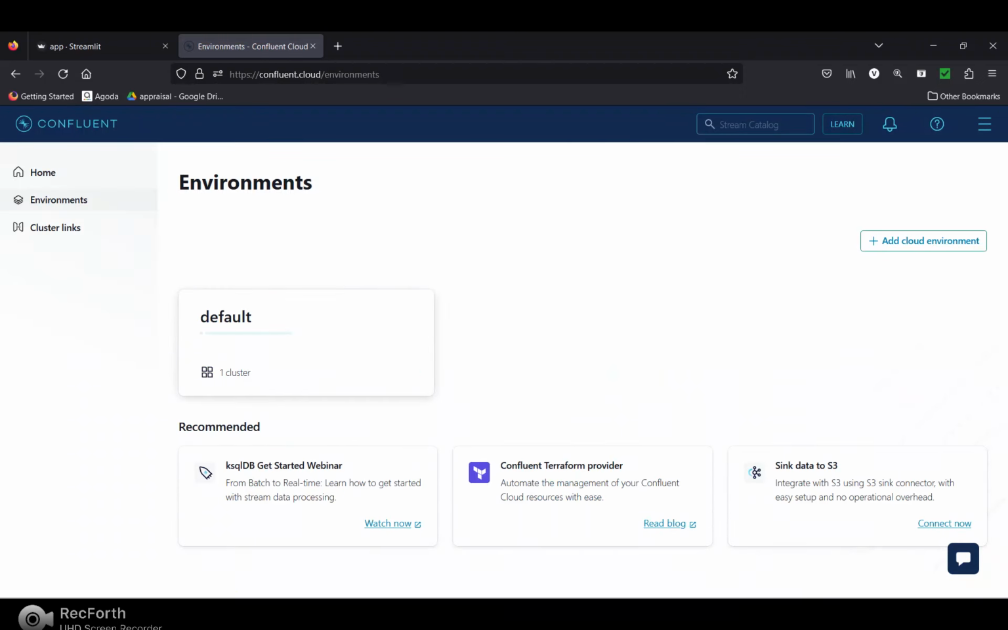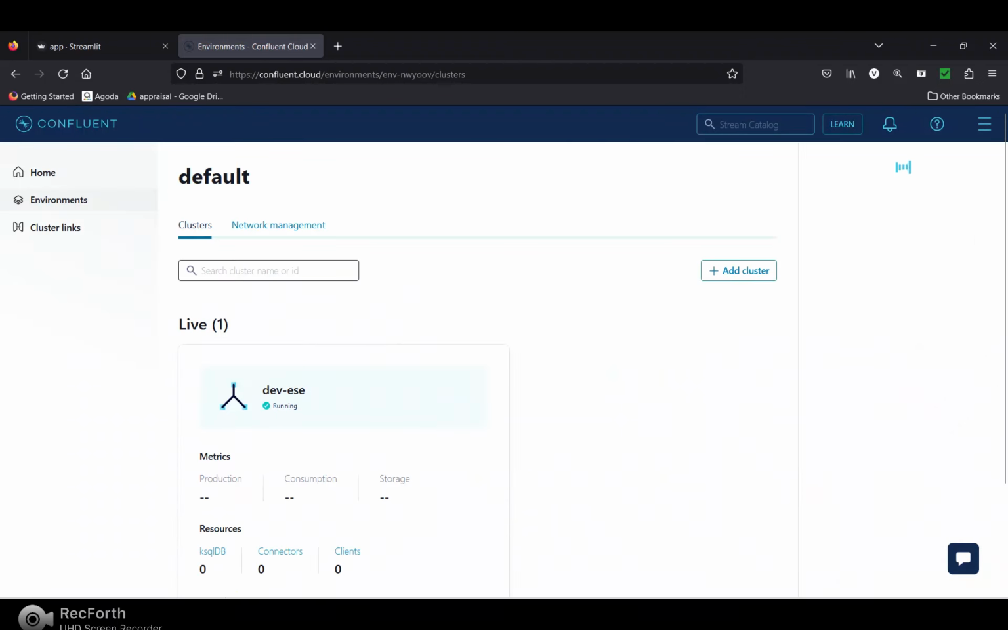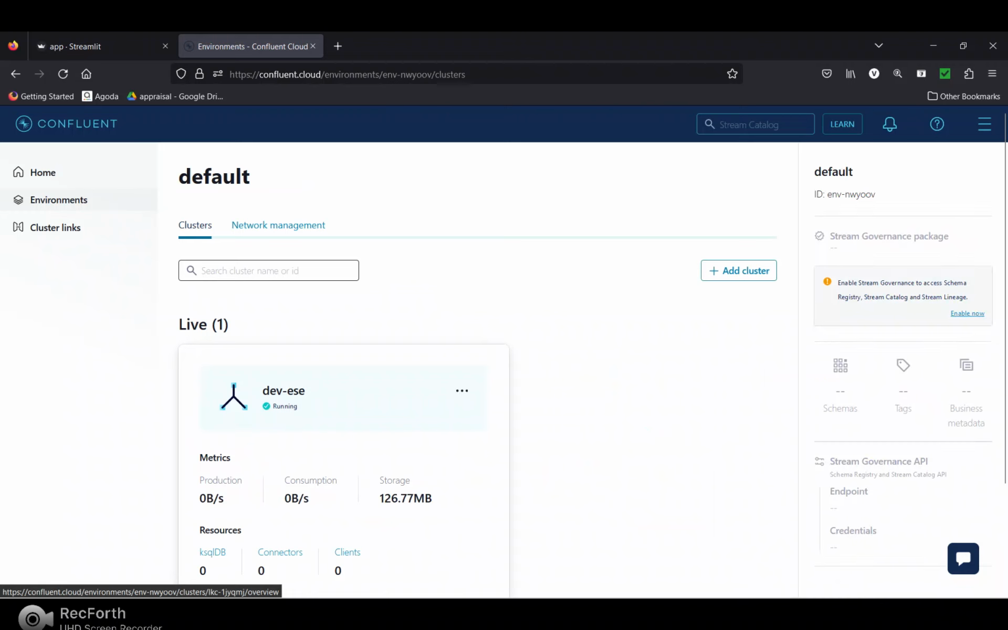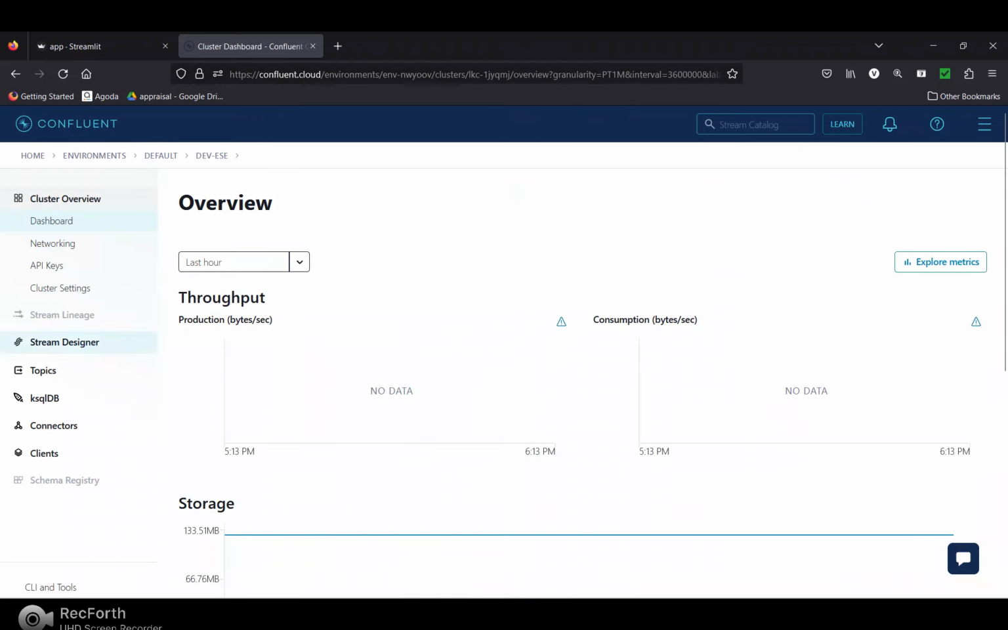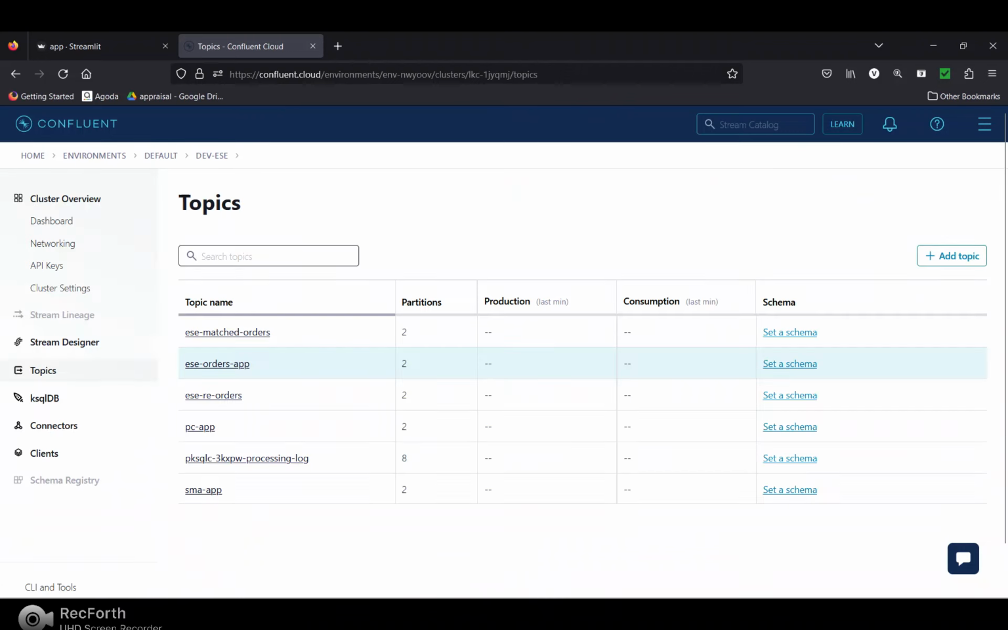So this is my environment on Confluent Kafka. This is my cluster. Dev ESE is my cluster. If I open this, then I will go to topics. Then these are my topics which I have created. If I open the orders app topic,